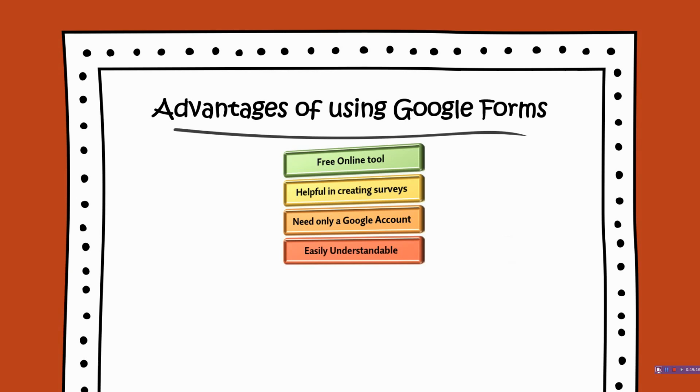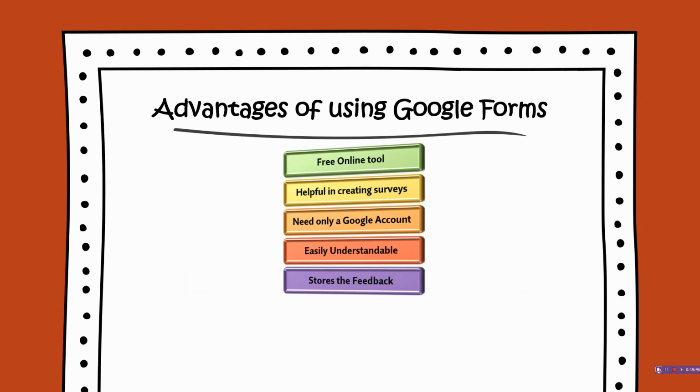Easy, understandable. The interface is very easy to use. Any user with an average internet knowledge can create forms using this tool. So the assistant is simple to use. The what-you-see-is-what-you-get interface makes it easy to drag and drop form elements and organize them based on actions or events. So in this sense, it is very easy to operate on Google Forms.